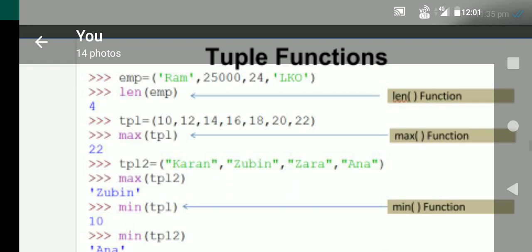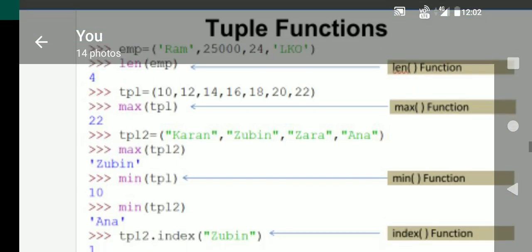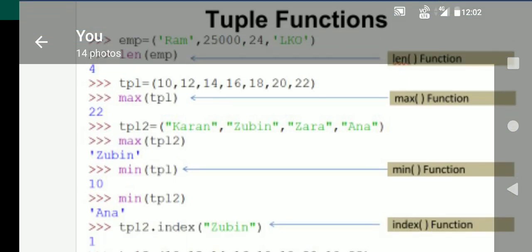Then we have max. The role of max here is to find the maximum value. So in the given example, the maximum value is 22, as you can see. Now we have another example here.